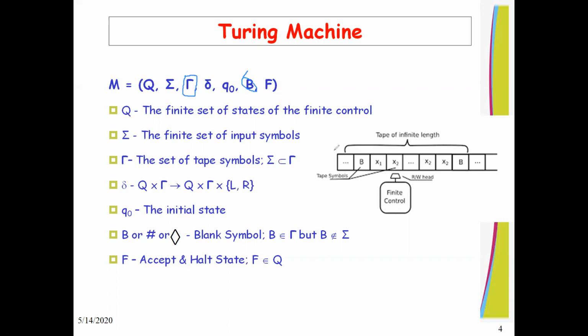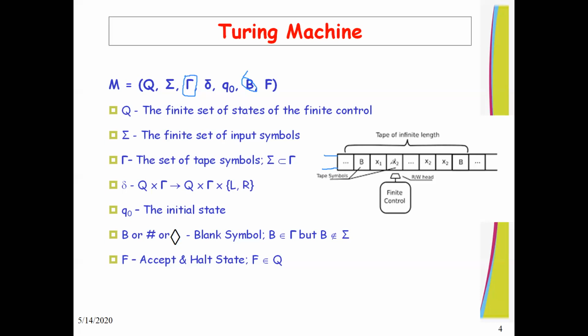First of all, it consists of an infinite tape, this one, and the head. The property of the head is that it can read and write in the case of the Turing machine. But before the Turing machine, the head was not able to write on the tape. The head could only read the input string from the tape, while in the Turing machine it can be used to read the symbols as well as to write symbols. So that's why in the Turing machine, the head works as read and write.